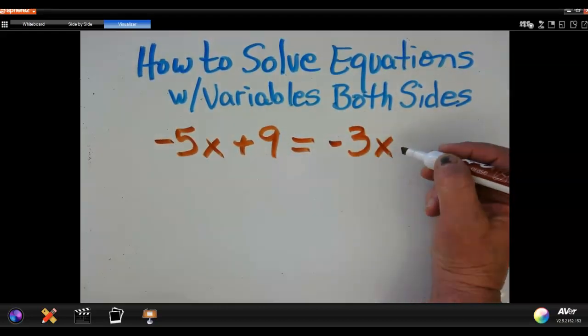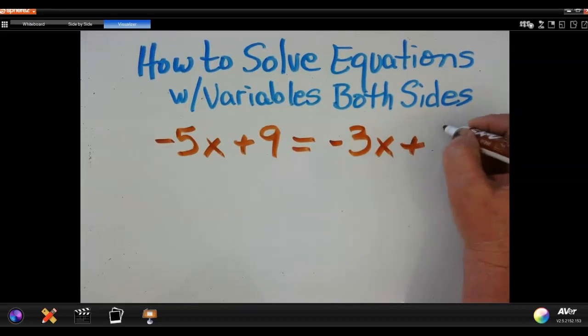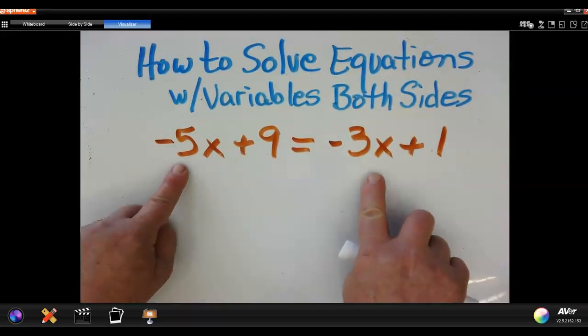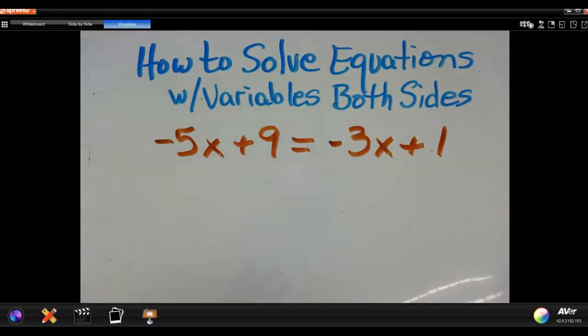equations where you have variables on more than one side, on both sides of an equation. And I want to talk about the procedure for how you do that. So the first thing I want to do is write down, you can take notes on this, that